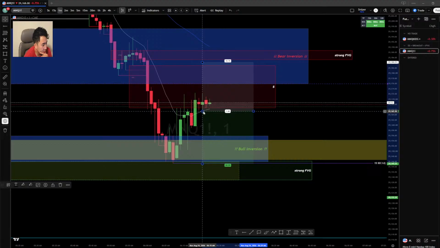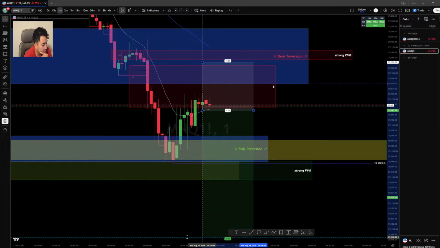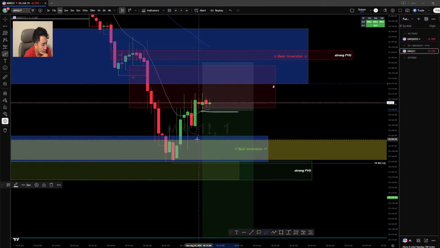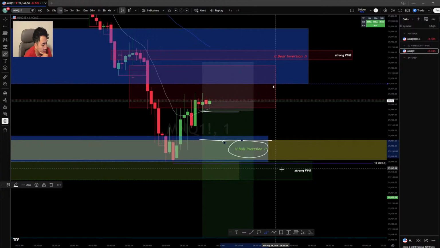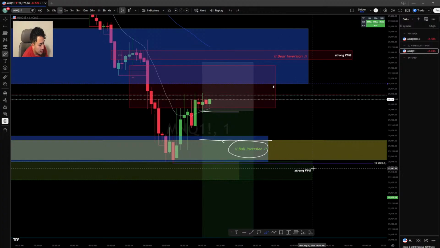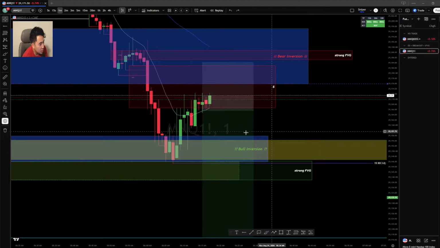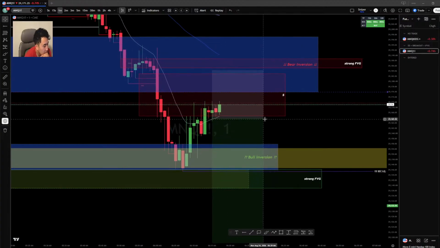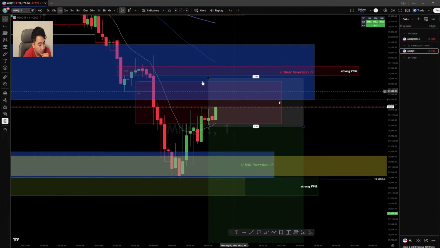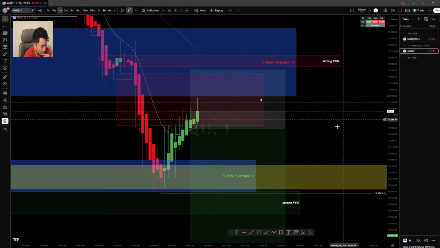So let's say it entered in here, if it sets up, then you could start trailing it, or you have this much in profit here until you hit this bullish inversion zone and this FVG right here, along with this support zone right here that could push price all the way back up, but have a little bit of wiggle room here. Let's see what happens. What I'm going to do is switch to the Heikin-Ashi chart and see if we can look for an entry.